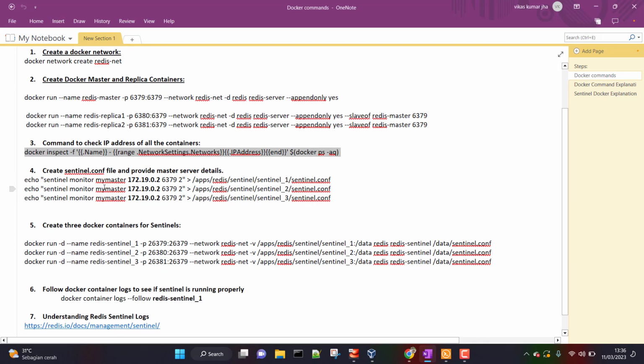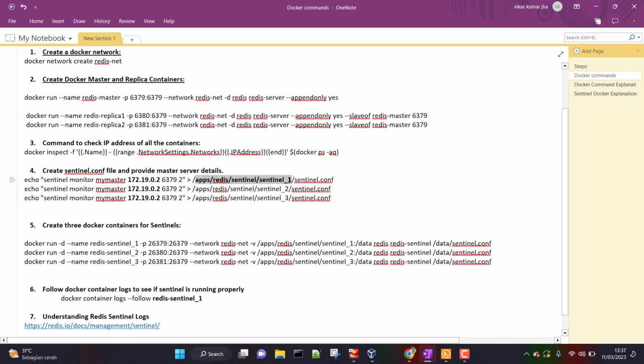Redis Sentinel. Okay, so now in order to start running Sentinel containers, we also need to have a Sentinel configuration file available, because the Sentinel configuration file is going to be read by Sentinel. So I'm going to create this Sentinel configuration file, and notice one thing here. We are going to create 3 files, okay, for 3 Sentinels. So we are going to have 3 Sentinels, and this is the directory where I am going to keep all